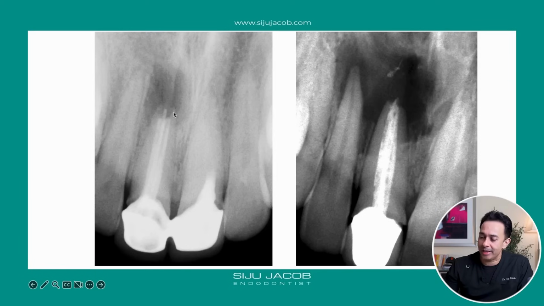When clinicians try to manage open apex cases in the regular way, obturating these cases the way they do every other case, then in the short term, sometimes nothing much happens. But in the long term, this is what happens. Because the clinician cannot seal the apical area, a lesion starts developing, and usually the patient shows up with either a swelling or a sinus tract. And when you take a radiograph many years down the road, this is what you see. You see a big lesion, and a canal which is obturated, but the apex is wide open. Some of these cases also end up this way because they've already been through a round of surgery or even two rounds of surgery. So this is usually the clinical presentation.